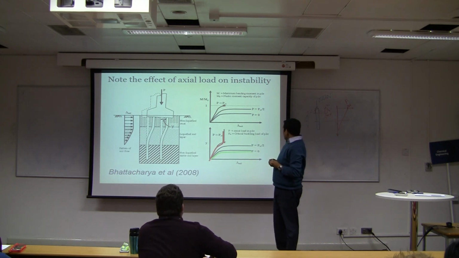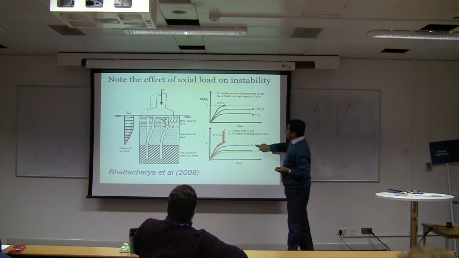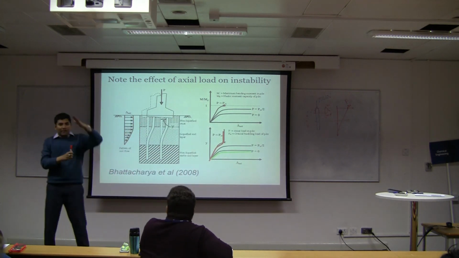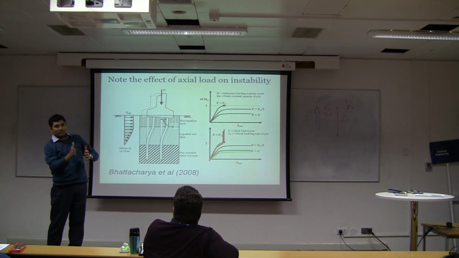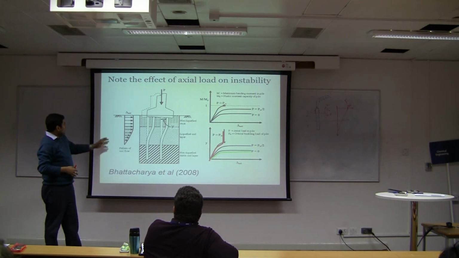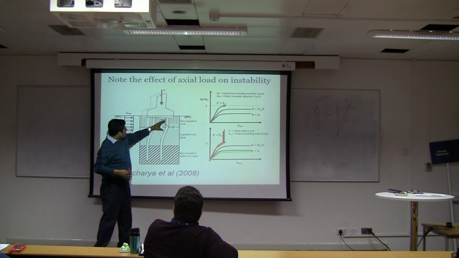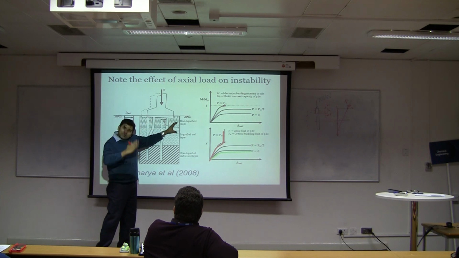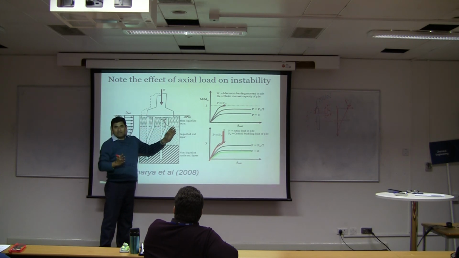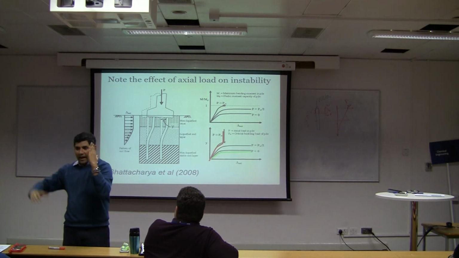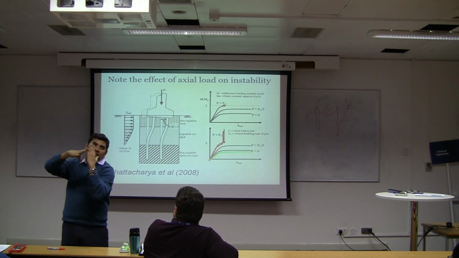Suppose there is no vertical load, I only give a lateral load, meaning the ground movement. Suppose the ground moves, so the pile will start to move with it. But after a while, the ground would move, the pile would stay the same. Say you have got a pile here, and a slope is moving. Slope will